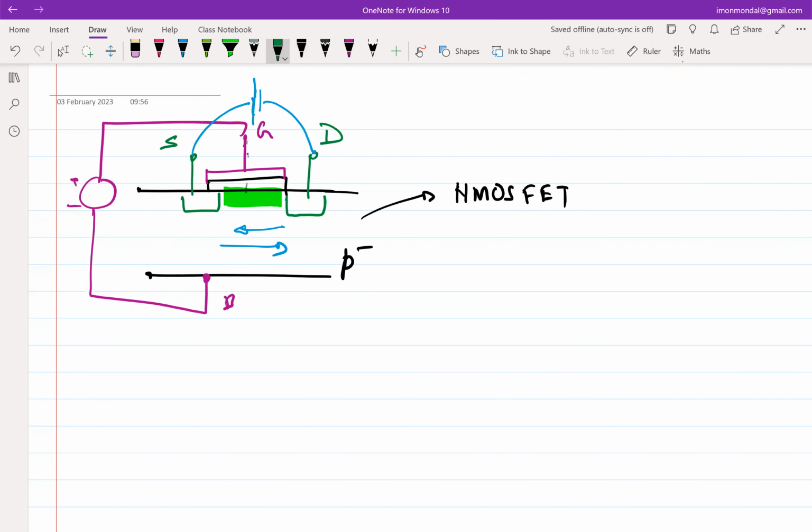So obviously, it naturally follows that if we have an NMOSFET, there will also be a PMOSFET, right? So we'll get to that later. Okay, so now then we said that, okay,